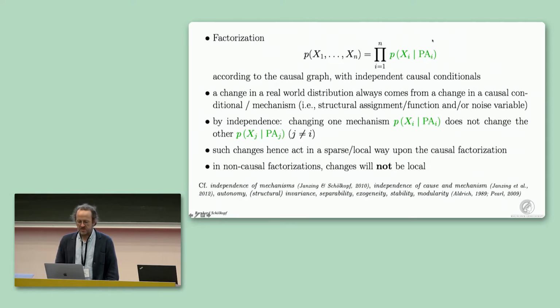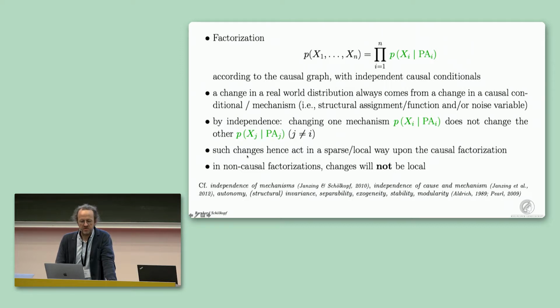We assume that these conditionals are independent, so if we change one of them, that in itself should not imply that the others have to change automatically. And I should say, if we write any other decomposition of the joint distribution into conditionals, there are many of them, then that will usually not hold. So usually one change will be combined with changes in others. Only in the causal factorization will it be reasonable to assume this independence of changes.